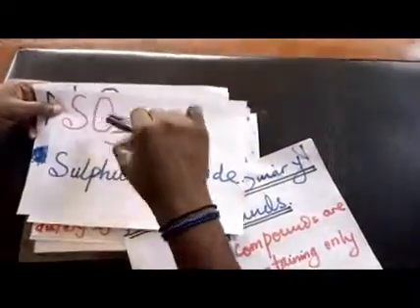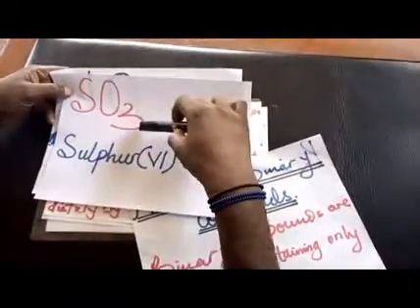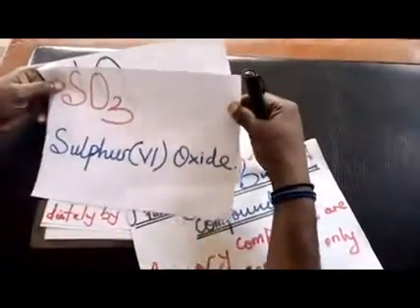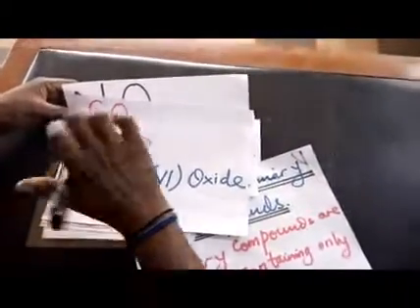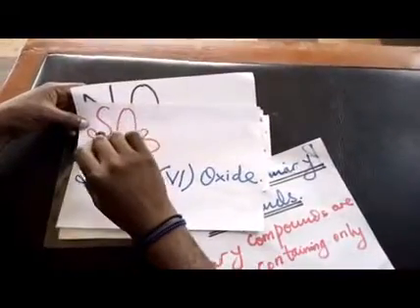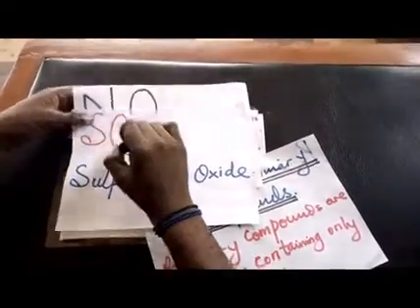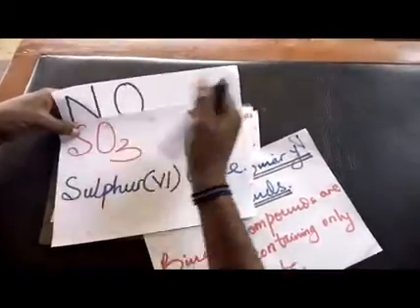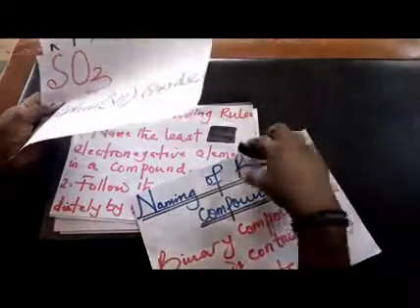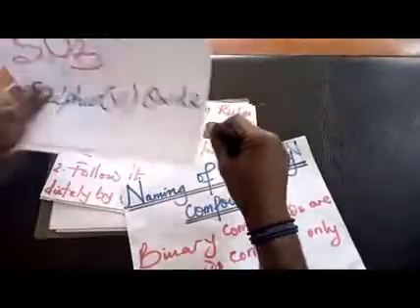We have SO3, that's sulfur and oxygen. Of course, these compounds are binary compounds because they are comprised of sulfur and oxygen, nitrogen and oxygen. Basically, we have a lot of them in chemistry, but for this class, I will just be using these two